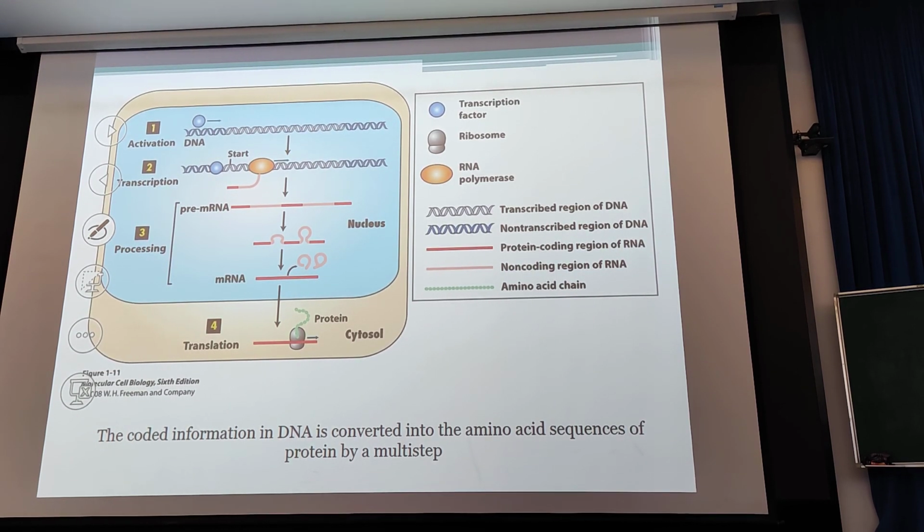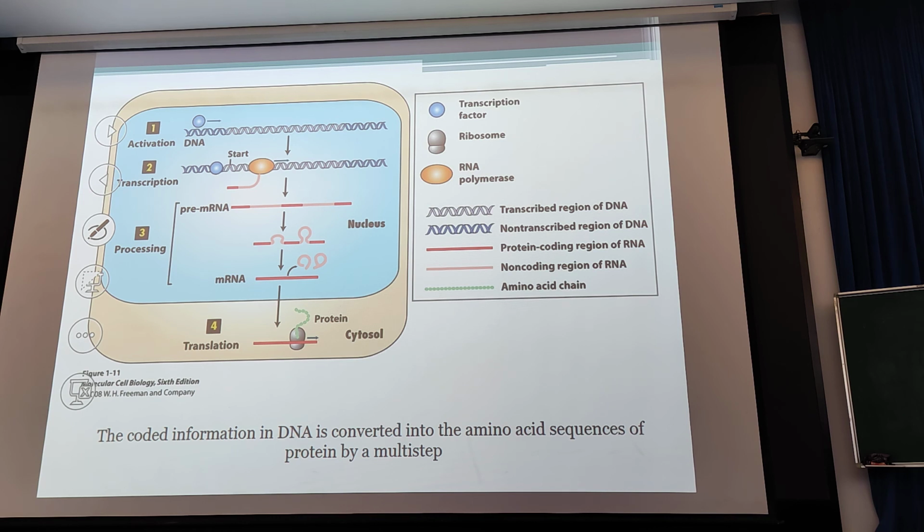Next is the coded information in DNA, and how this is converted into amino acid sequences of proteins by multiple steps. First, transcription factors bind to the DNA at the regulatory regions and activate them. In step 2, multiple initiation complexes bind to the DNA, and RNA polymerase starts to work, and this is the transcription